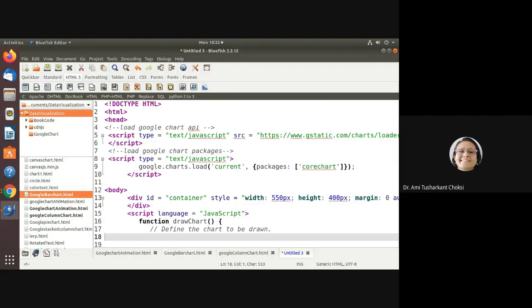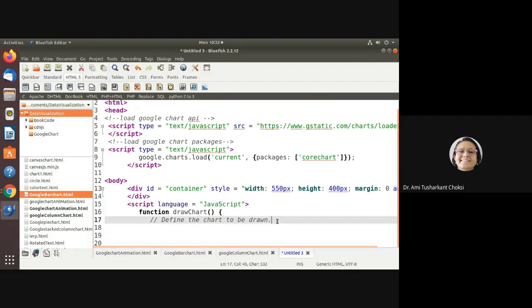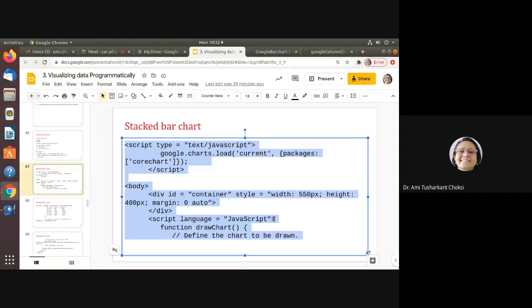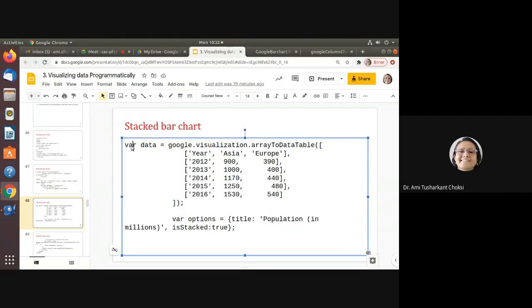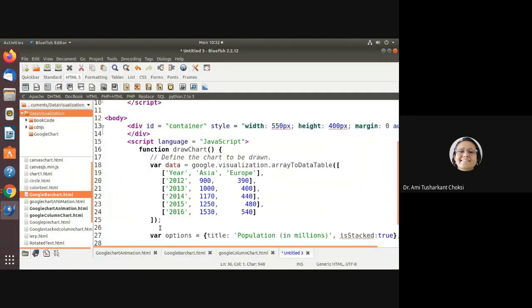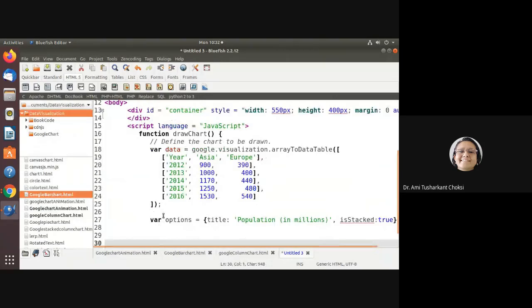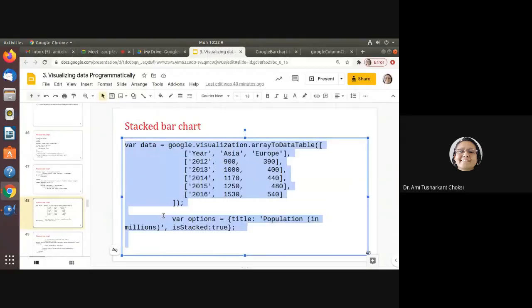For that, we'll be specifying this, right? Now what to write inside this? We need to specify the data, then options, then chart variable, right? So let us specify the data. Data here is this one, fine.